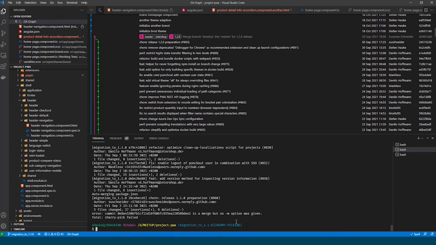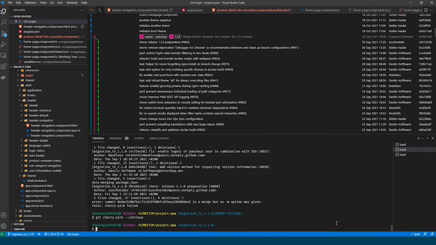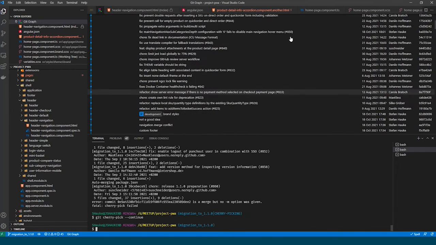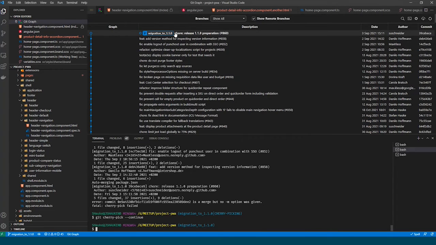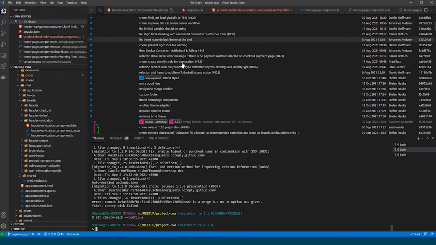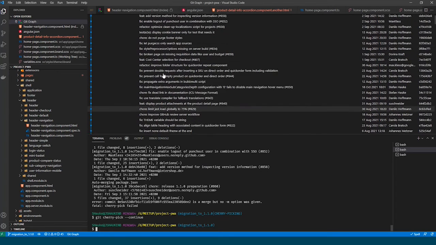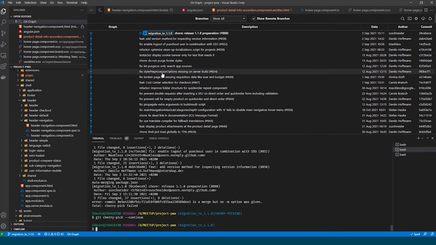I still see the cherry pick is not over yet, so I just do cherry-pick --continue again, and I'm done with the cherry pick. And if you have a look at this branch here, this migration to 1.1 branch, you see that all the commits are in here on top of the current development branch, so they should work with my project stand. Before I can push them and merge them, I would now need to go about and start my server